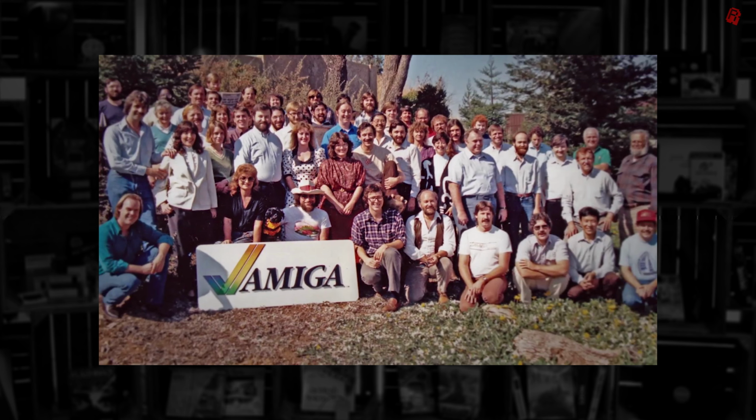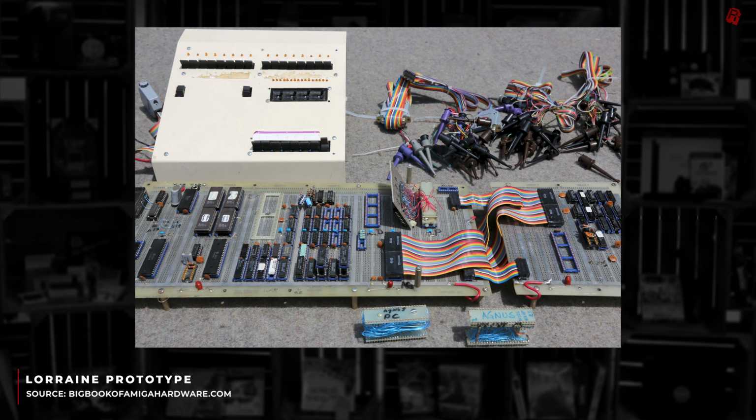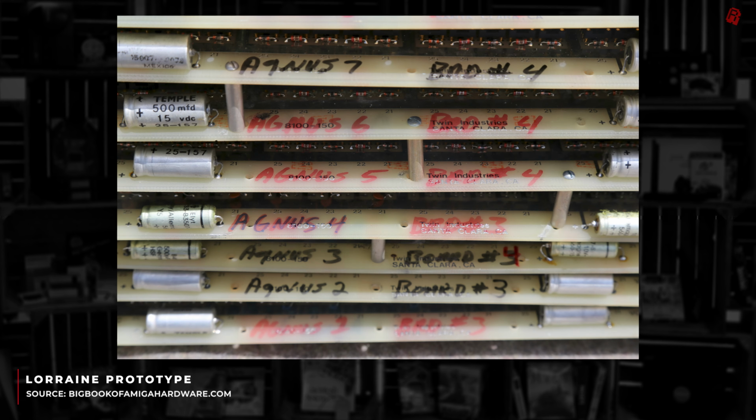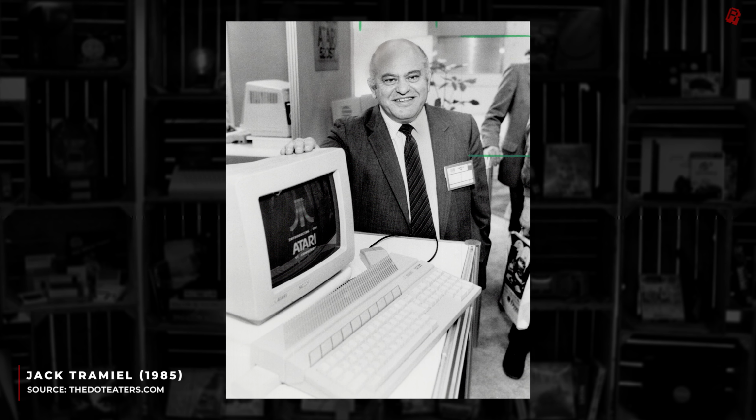Now, the deal was that Atari would fund development, saving Amiga Corporation from the brink of bankruptcy, in exchange for exclusive access to the system developed. Trammell, who had suspiciously now developed a 68000-based machine from scratch with the help of ex-Commodore engineer Shiraz Shivji in under 6 months, suspicious, would be able to graft the custom chips of Lorraine into his own design and create the ultimate microcomputer. To cut a long story short, Amiga got wind that Trammell just wanted the custom chips